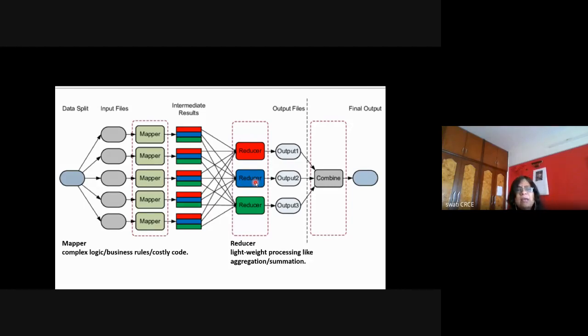But as such, there is no guarantee. Even one machine can be given two mappers, or one machine may be executing a mapper and reducer, or another machine is executing only mapper. So there is no guarantee in this architecture. Here the shuffling is done in such a way that the red keys are going to the red reducer, or blues are shuffled and they are reaching this reducer. The reducer is taking this input, performing some summation or aggregation and generating the output. And all this output is combined together to represent it as a single file.